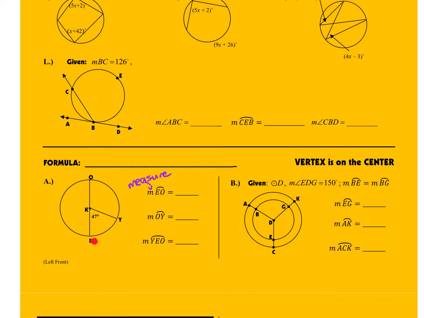This arc here, this portion of the circle that's inside this angle, is called an intercepted arc. So this intercepted arc will match the angle. So we can write a very, very simple formula here: measure of an angle equals the measure, and these M's are important, of the arc. So what I generally suggest students do is fill in as many degrees as you can, either right here in the center of the circle or around the arc,